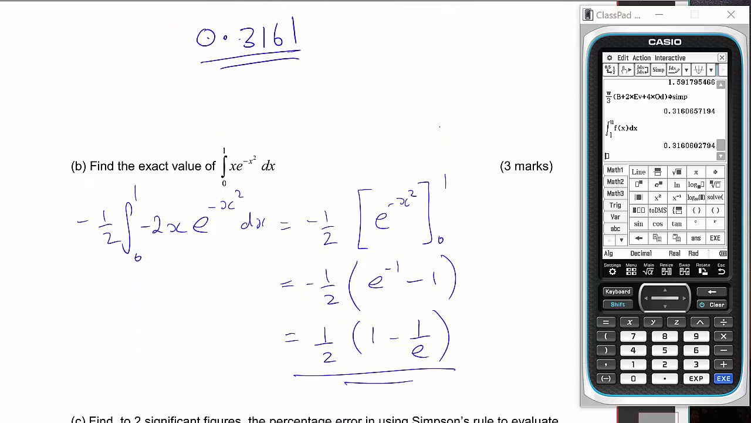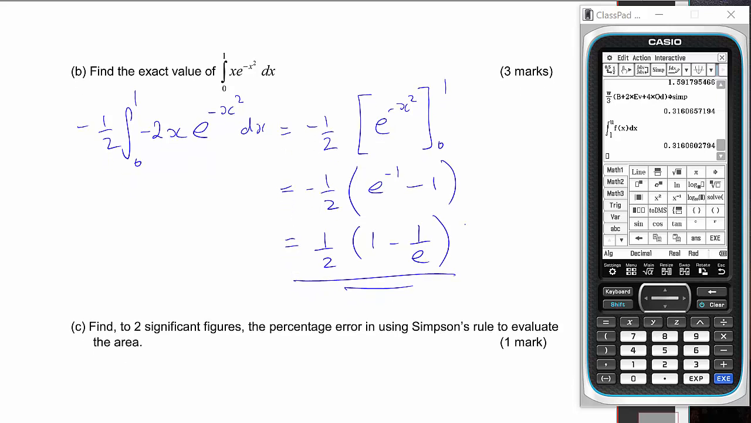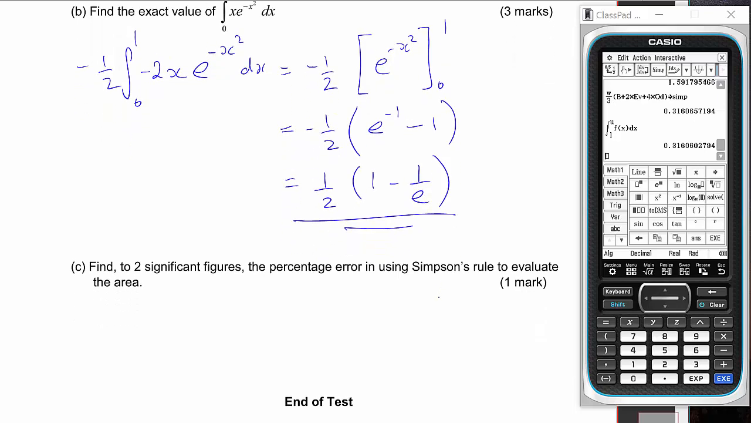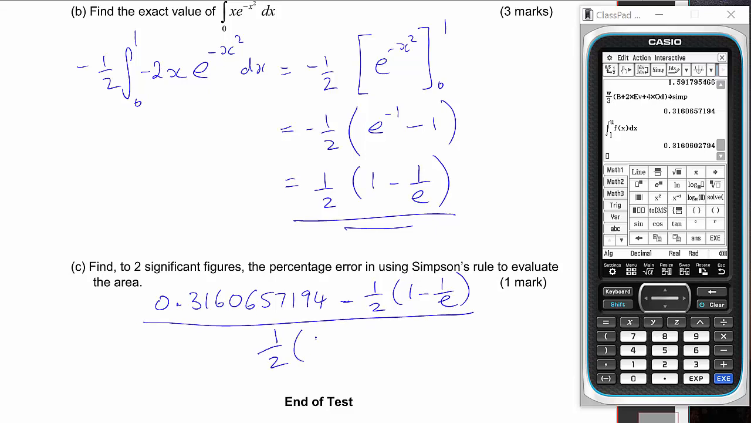And the exact value is that, and we want the percentage error, and we can see looking across this that it looks like the Simpson's is actually slightly bigger, so we're going to use 0.316 0.657194. Take away 1/2 of 1 take away 1 over e. Of course, we need to divide that by the actual exact value, and then times by 100 to give us a percent. So I'm going to copy that,